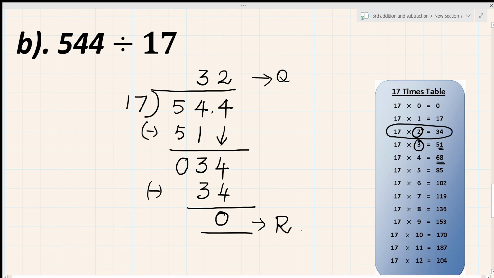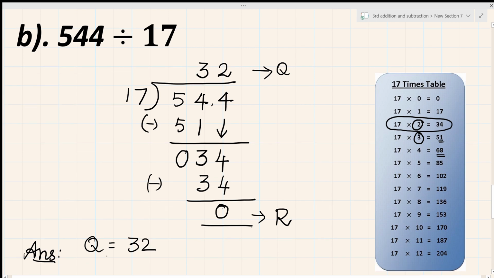Is this clear, children? Yes. Let us write the answer. What is the quotient? 32. And what is the remainder? Yes, 0. Shall we move to the next question, children? Yes. The next question is